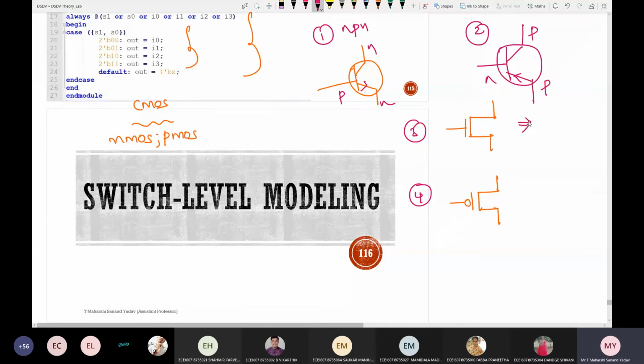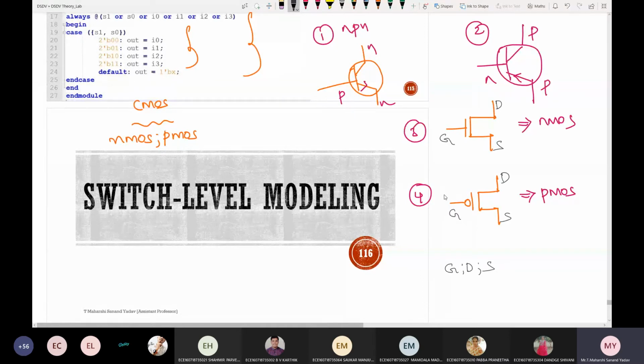What about this one? This is NMOS. This one is PMOS. What are the terminals? Gate, drain, source. Where should I write drain? Where should I write source and gate? Source, gate, drain.